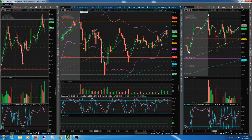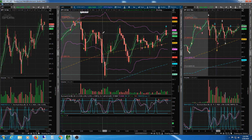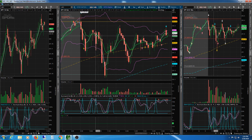And I was kind of watching this, and I didn't really like the rounded top here, but I was still holding, and I was actually right about this level. I was pretty much even, but I was waiting to see if we get a pop to the upside. We'd get a big red candle followed by a big green, followed by a red, and then right here, when